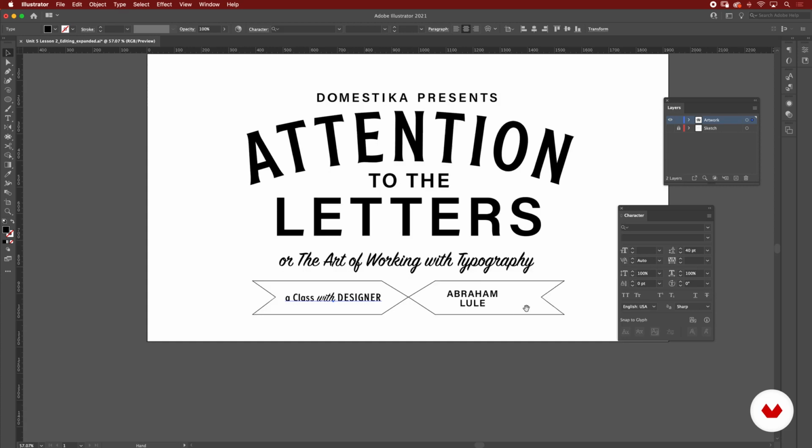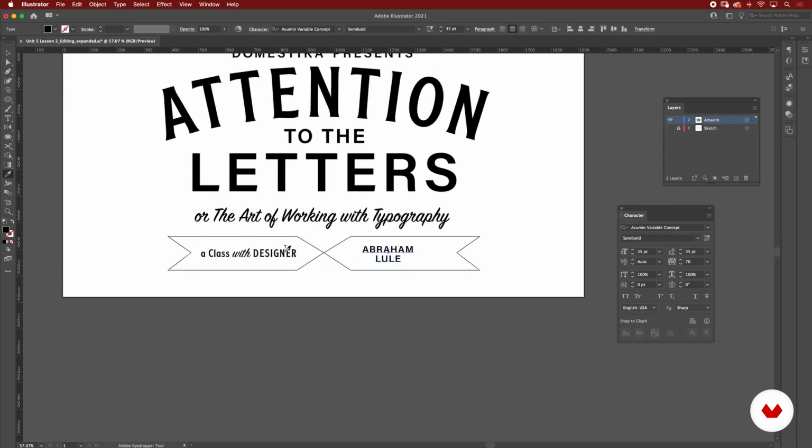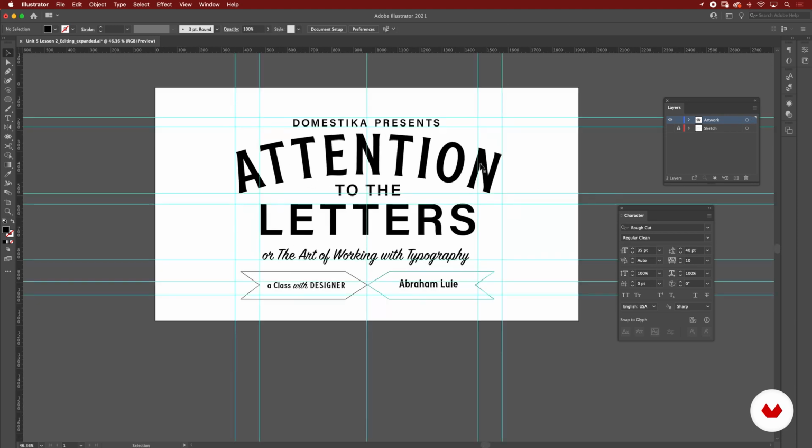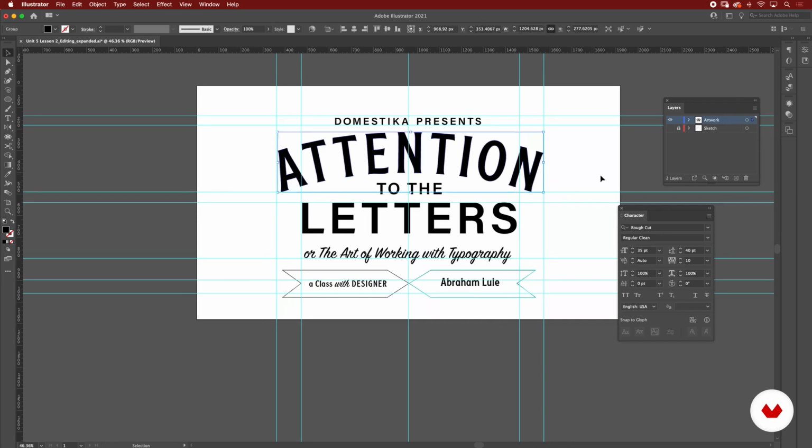I think this is looking even better already. Then we copy this part, character tool, we have it here, and then change this to uppercase, lowercase. Change the spacing, increase the point size, going up. I think this is already looking good.